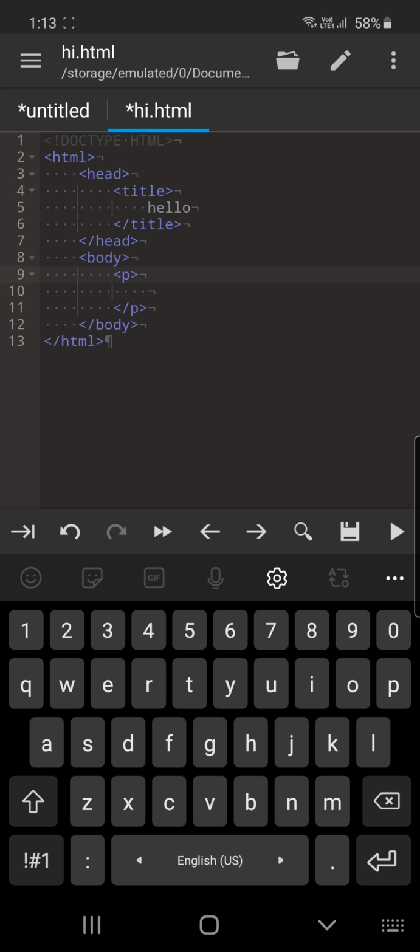So if I remove this P tag, anything I type within it has grayed out, you can see, which means it is invalid, and wherever there is another angular bracket, the P tag is getting completed there. But it is also invalid syntax and it will not work properly.